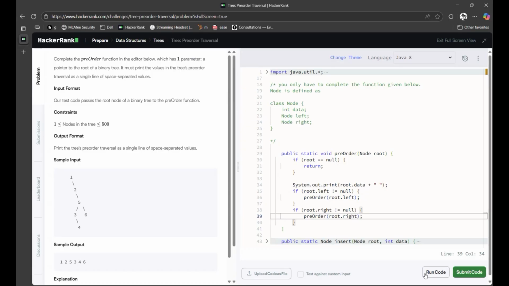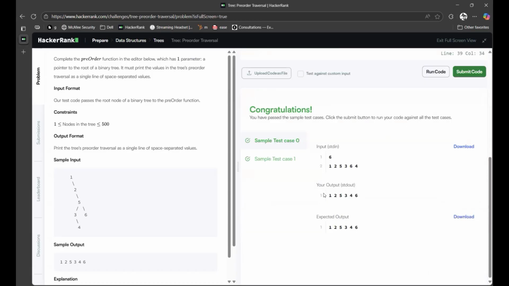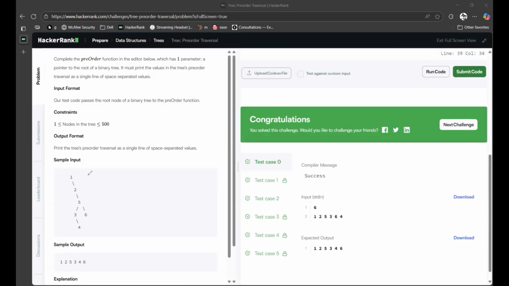That should do it. As you can see, my output here is 1 space, 2 space, 5 space, 3 space, 4 space, 6, and there's a space here, but it doesn't really matter. It matches the expected output. Like I told you before, the way you visualize is you start drawing a line here in